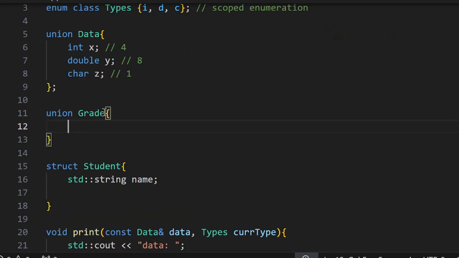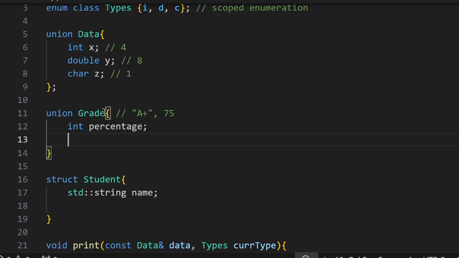The expectation or the desire here is that I want to be able to use this grade type object to store either the grade in letter form, A or A plus, something like that, or I also want to use a percentage, 75, right? So int percentage and character letter, because I want to be able to store the first character, second character, and the null character. So three